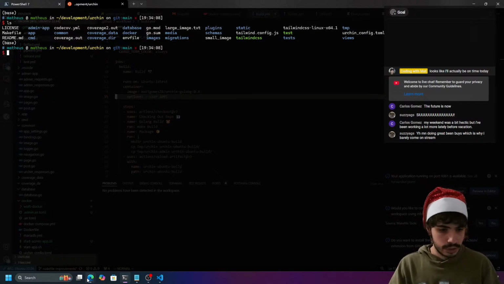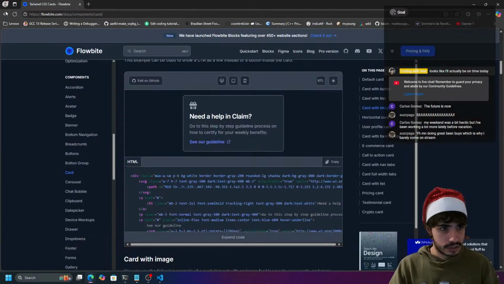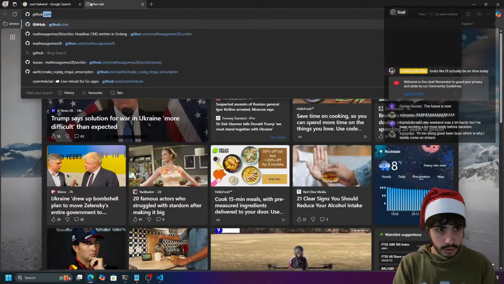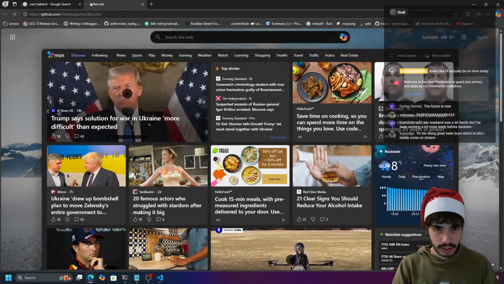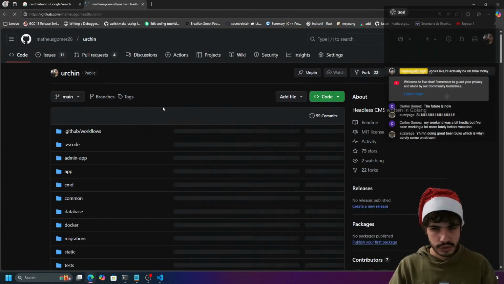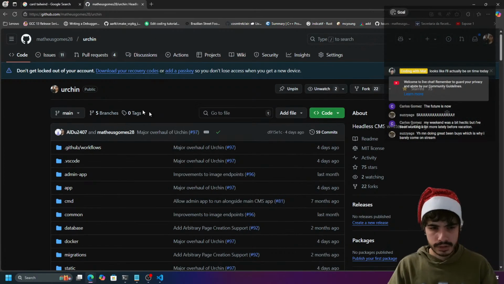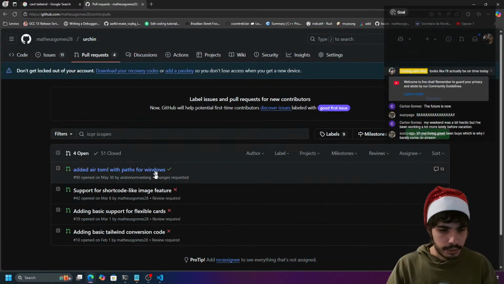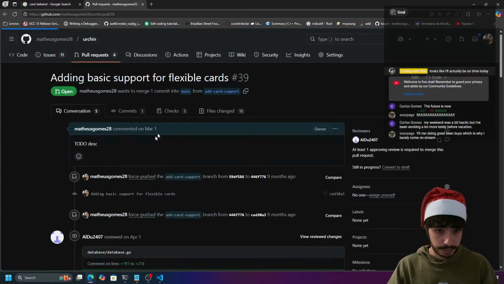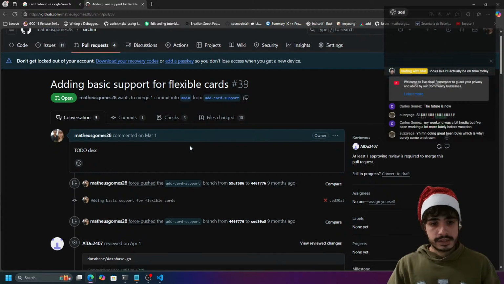Yeah, so we are now on main. We've got the latest changes. For the branch I'm talking about, and maybe some of you were on that stream back in April, I think it was. This is some work that we've done back in April. So basically, we've got a pull request here to add flexible cards, right? This adds a new